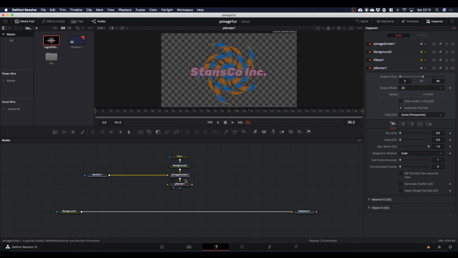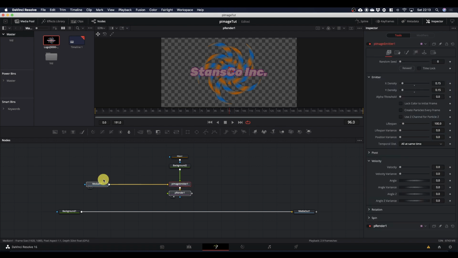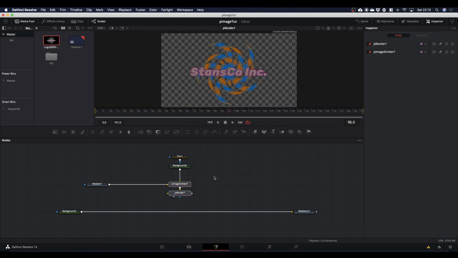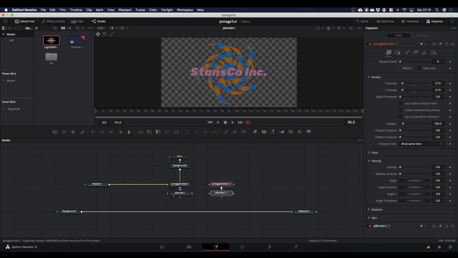I'm going to take the image emitter and the renderer, select them both, Command C to copy, click outside, Command V to paste. Now at the minute these two are identical to these two, but what we want is we want this bit of the animation to run to the end